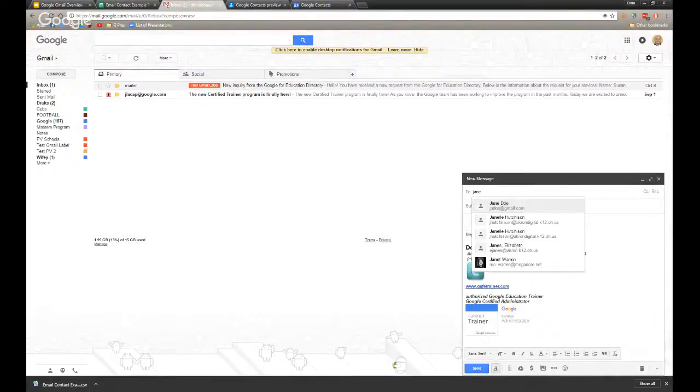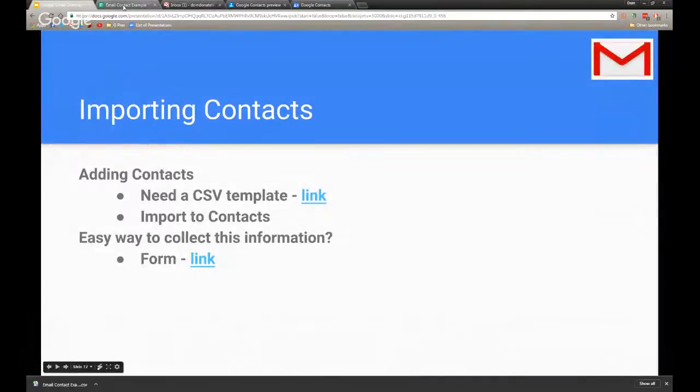But if we type in the word Jane, there's Jane Doe. And if we type in the word John Doe, it's in there somewhere. They've got a lot of Johns. There's John Doe and there's Jane Doe. And they are now in our contacts. So adding contacts is very easy, especially as a teacher if you wanted to have all of your parents in